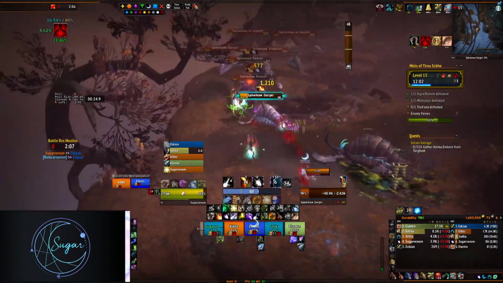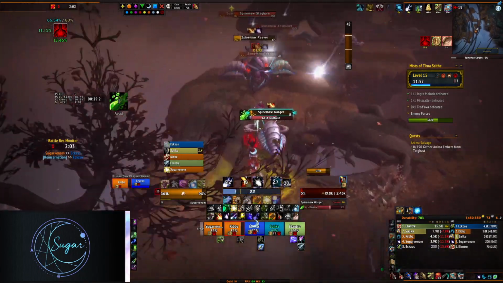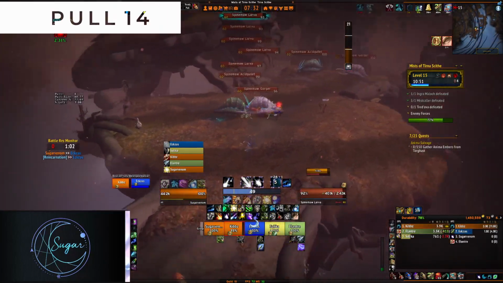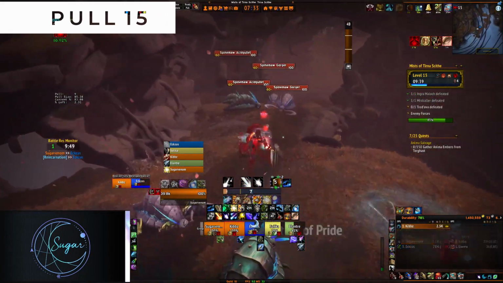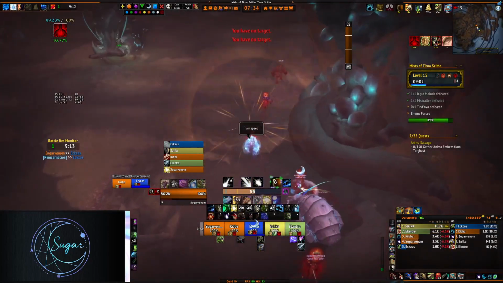The biggest thing you want to remember here is to interrupt the regeneration cast, dispel the poison as much as you can, and don't get knocked off. Pull 14 gives us our 4th pride buff, but we still had pull 15 between us and the boss, so we used pride on pull 15 and then went over to the other side of the map for pulls 16